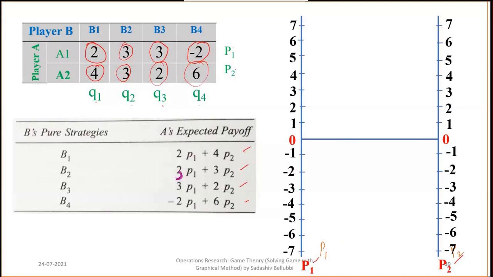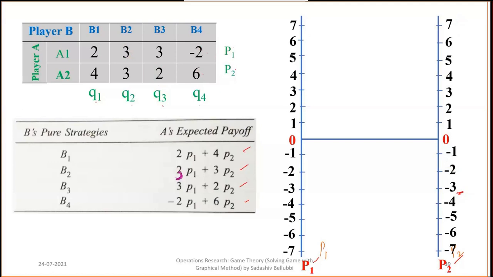After that, just check which is the highest number here, and which is the lowest number. The highest number is 6 and the lowest number is -2. In the graph, you can draw up to 7 because of one extra number, and below you can draw only till 3. It's fine for this.